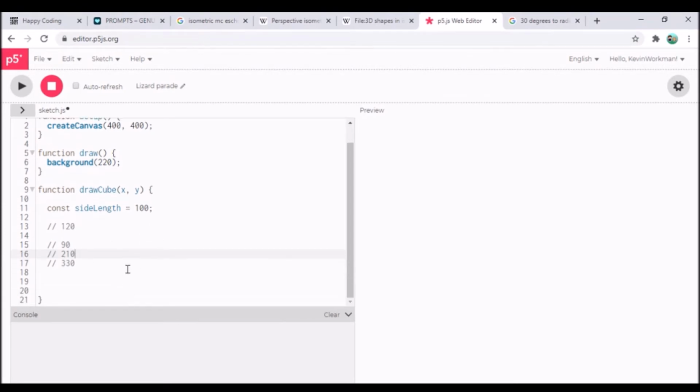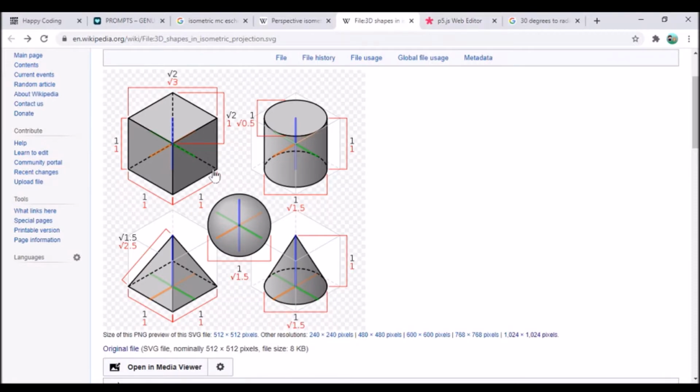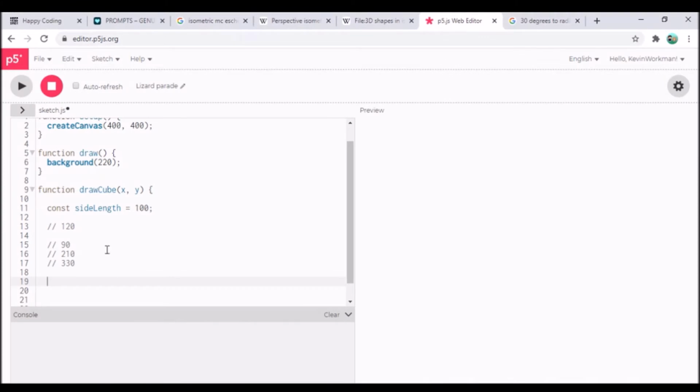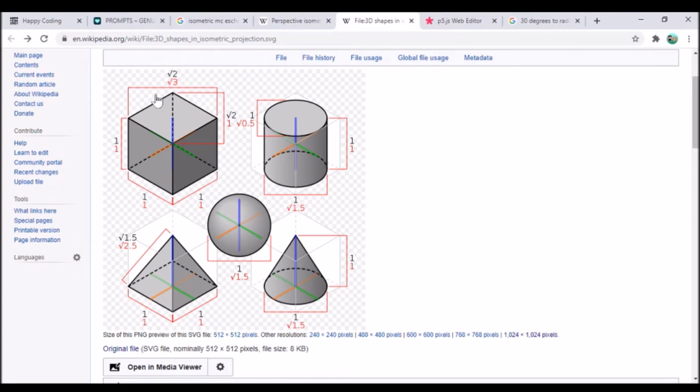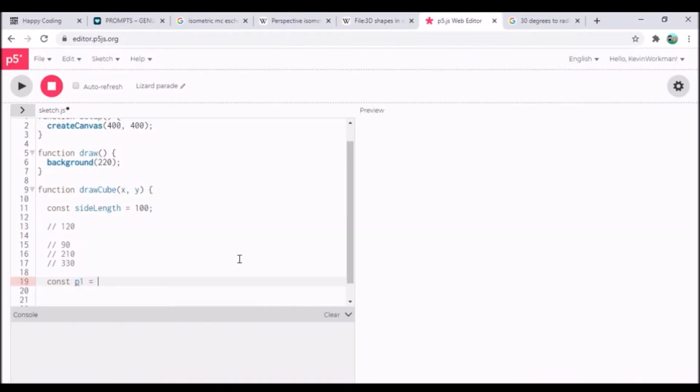So I've talked a lot and I haven't written any code, but I think what I want to do is calculate this point down here. So maybe const point, I don't know what to call these. I could maybe store this in an array or something, but I'm just going to call it p1 for now, equals x plus cosine of pi divided by 6